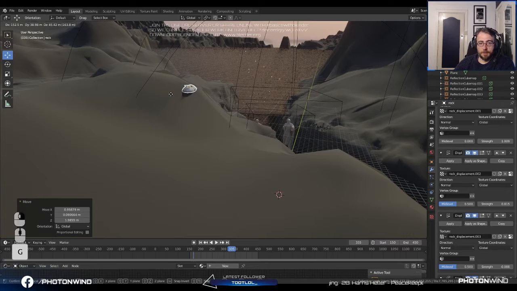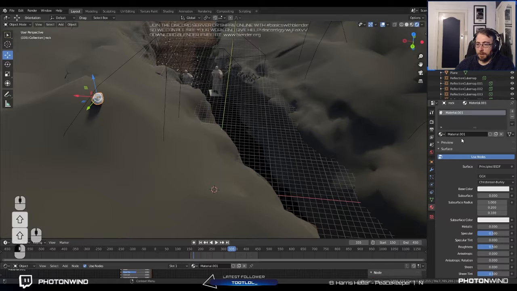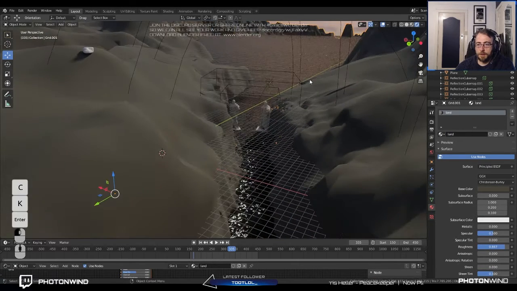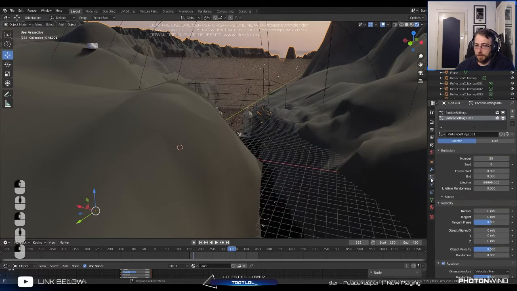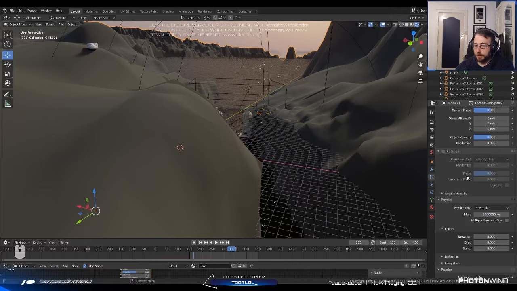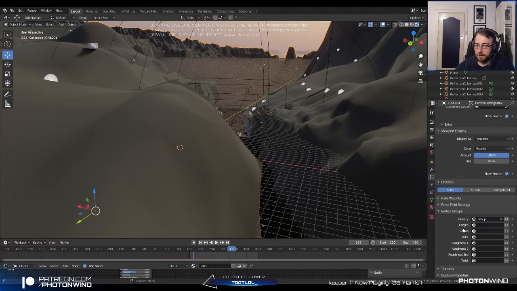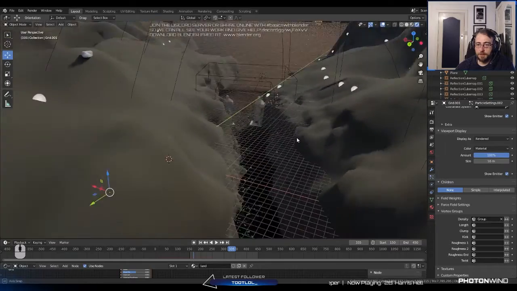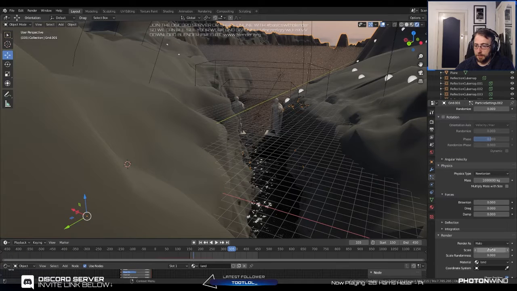So if I just plonk this over there somewhere, give it a rock material, go into our terrain and add a new particle system. And yeah, I'm going overboard with these particles because it's fun. I enjoy them. So I'm going to put it on the first group because that goes all over the show, but it's fine. So I'm going to do some random scaling,